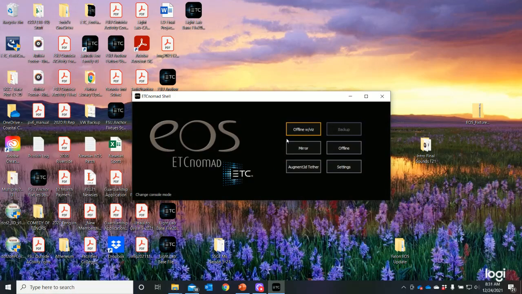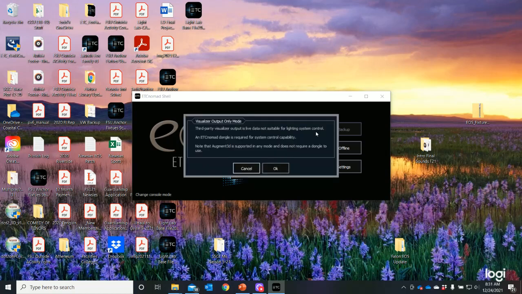The first window that I'm going to get is going to be this ETC Nomad shell. We discussed what the settings do. If you want to rearrange your monitors, you can come back and do that later. If you want to just start from the very beginning, we're going to click this Offline with Viz. Now it's going to say visualizer output only mode, and that it's